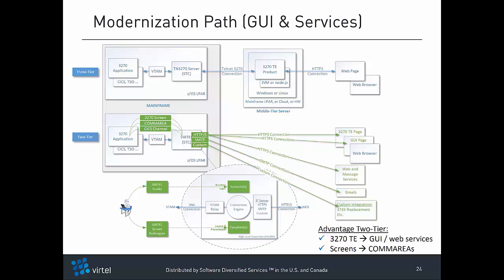Installing Virtel Web Access instantly converts the application's legacy screen interface into web pages with 3270 terminal emulation ergonomics, pages that can be rendered by any web browser running on any web client. But Virtel also comes with two IDEs, Virtel Studio and Virtel Screen Redesigner. Those IDEs allow developers to refine the